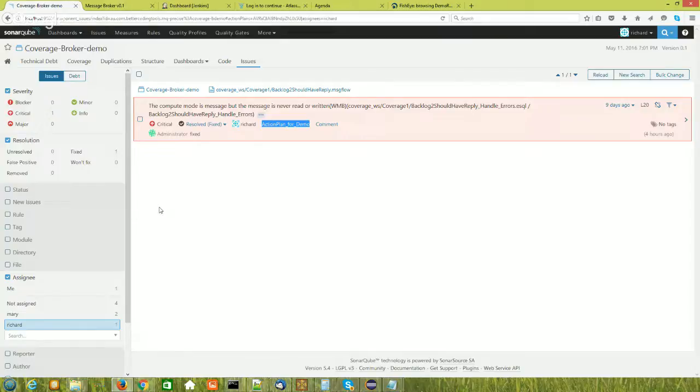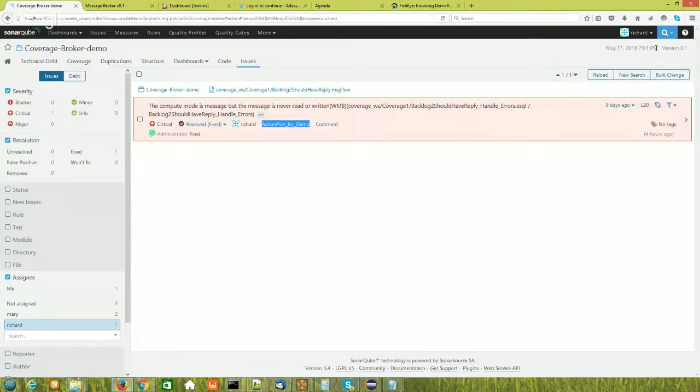Now that's one use of creating action plans for managing issues. There's another additional use case which may or may not be useful for people, depending on how you like to work, but it's worth mentioning because it is a feature. They've also got the ability to create what we call manual issues. So if you were unable to go with a tool such as Review Board or Crucible for organizing your code reviews, or you decide that you want to organize them in Sonar themselves,